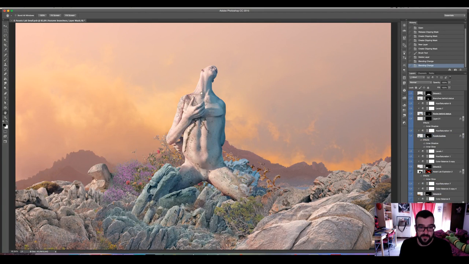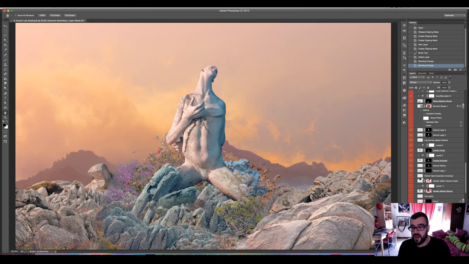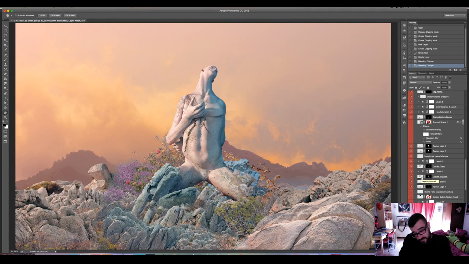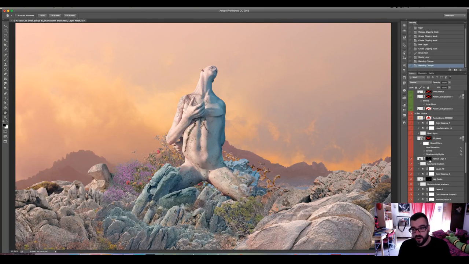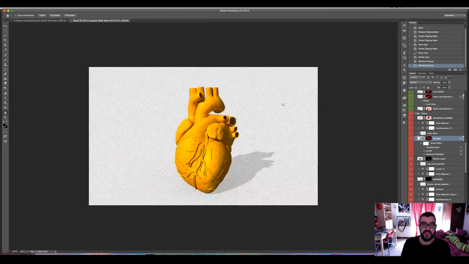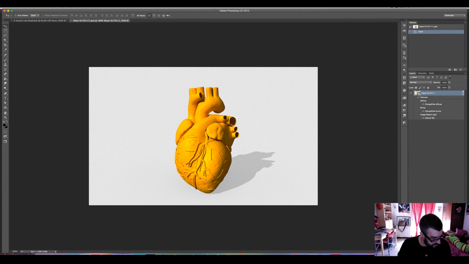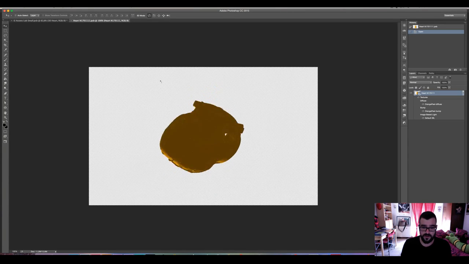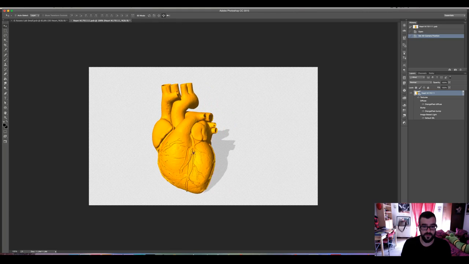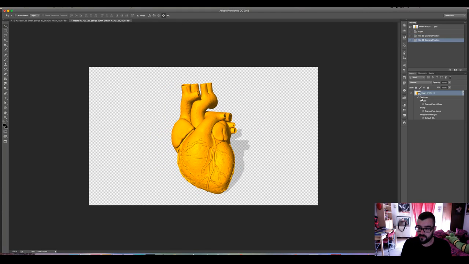Okay, now I want to create my secondary focal point, which is the heart. I wasn't able to find or take a photo of a heart, so I have to use a 3D model, which is here. It's a smart object, so I can open it in a new window, and I can use some of the 3D capabilities of Photoshop. I can move it, I can, well, pretty much do everything. Here I have the textures. The Orange Peel one is one of the default textures of Photoshop, so no need to import your own, but if you have your own, it's obviously better.